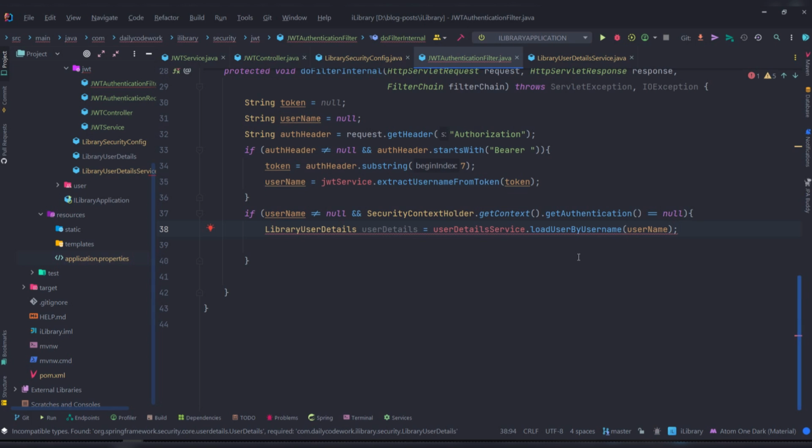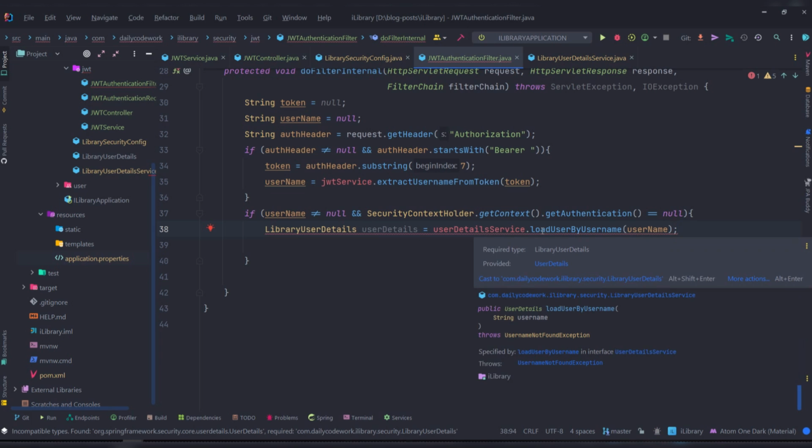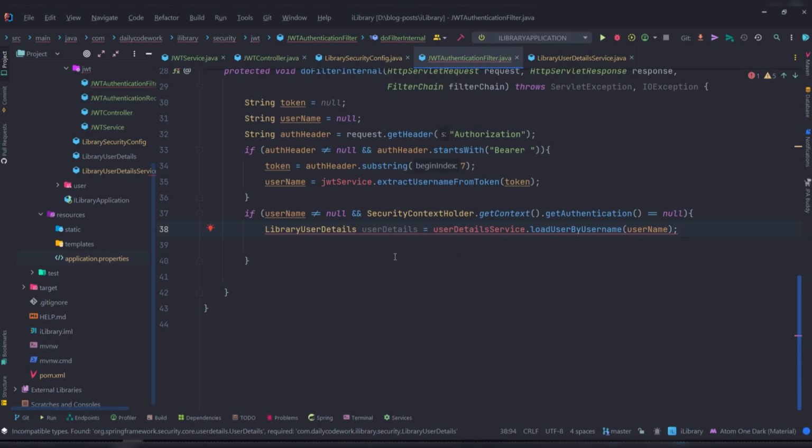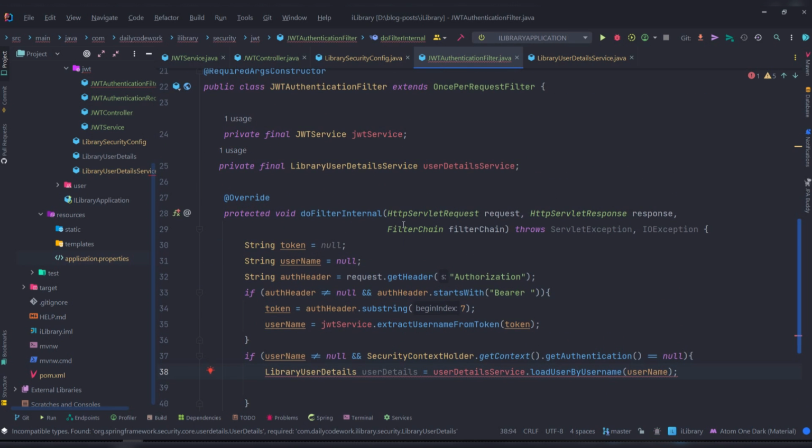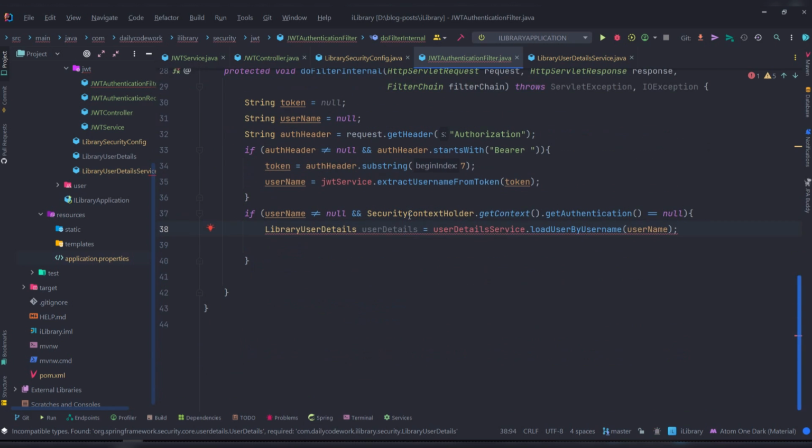Cool. What is happening here? User details. Okay, so let's try to remove this and see. Okay, so let's use the one from Spring Security directly. Okay, now